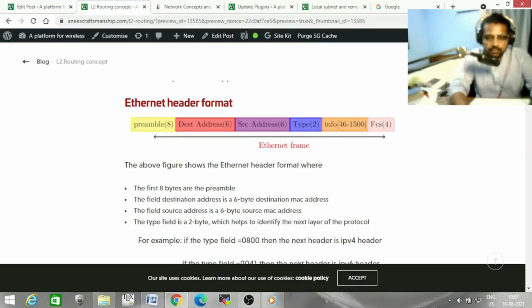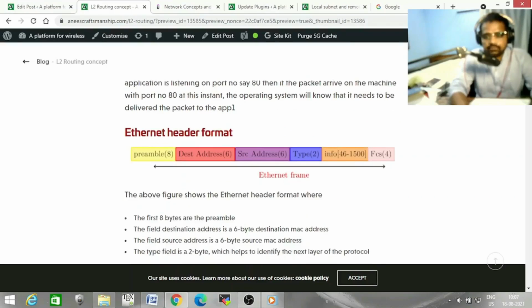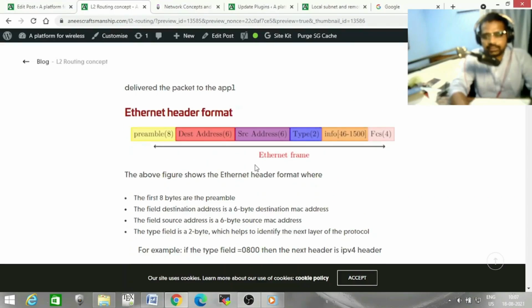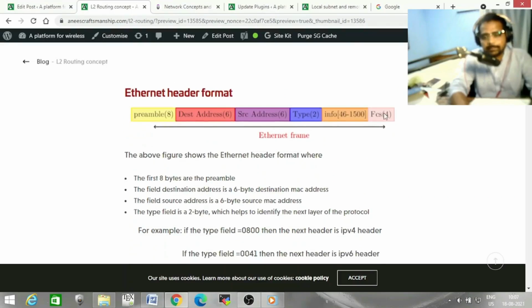For the Ethernet protocol, this Ethernet frame will have 6 fields,